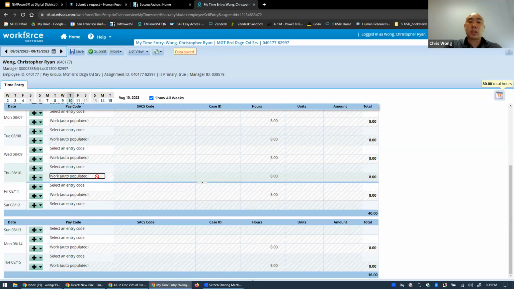Sometimes supervisors will just say, well, they work 2 hours over, I'm just gonna enter 2 hours over, right? And it will only account for the 2 hours and not the total 9, right? Because it's gonna delete that 7 hours of work. So we wanna make sure we account for the work hours plus the overage, right? So